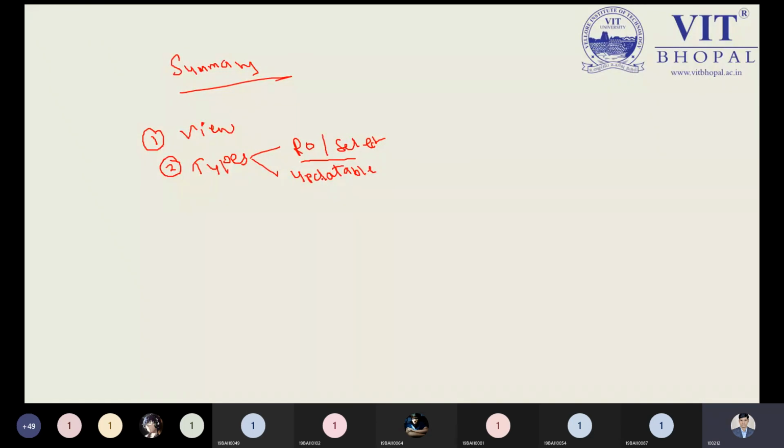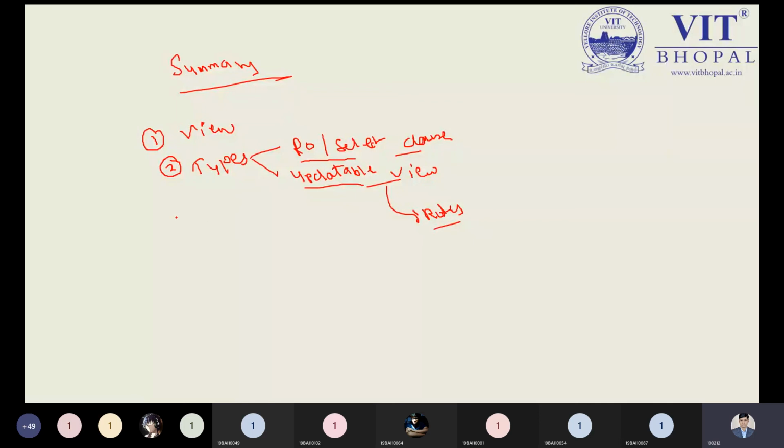Any doubt in these two types of view? No, sir. Okay, if we are talking about the updatable view, then you must follow some rules. Please read all these rule statements once again while creating the view.